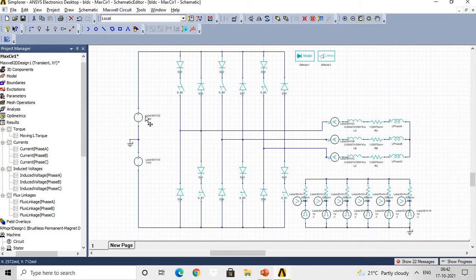So that is the use of this RM expert tool. In this video we discussed how to make the design of the BLDC motor, and what information related to the design of the BLDC motor is available to you, which you can use for your research work or project work, or to understand the BLDC motor operation. Then for the converter and controller part, if you want to make a design, you need to go through the Simplorer circuit. So I think this information will be useful.